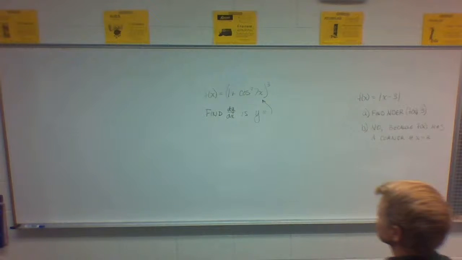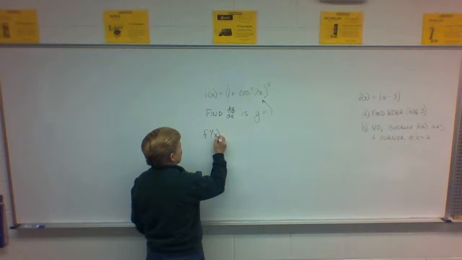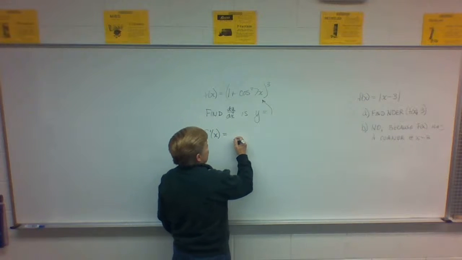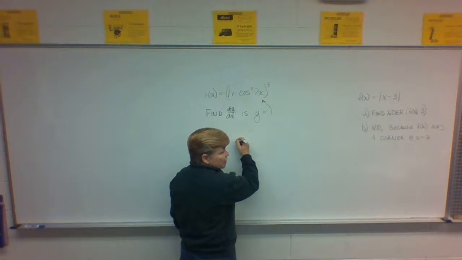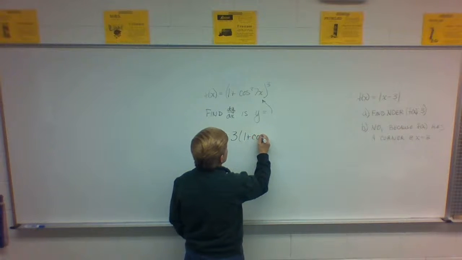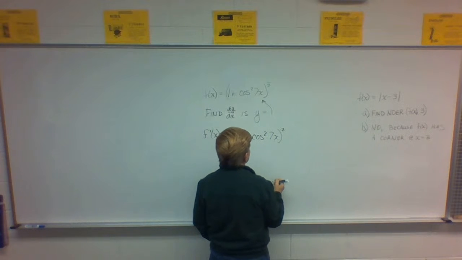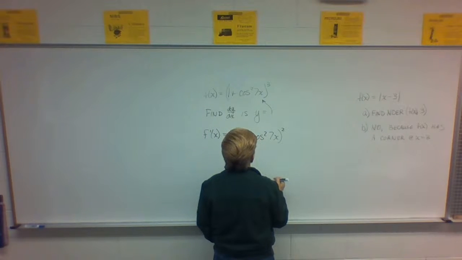What's the first step? What do we deal with first? Exponent. Parentheses. Yeah. It's going to be 3 times... We're going to deal with the cube first, aren't we? Yeah. Okay, 3 times 1 plus cosine squared 7x. Good. And then you're going to do the inside, times